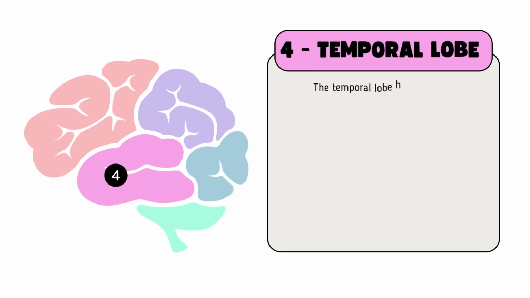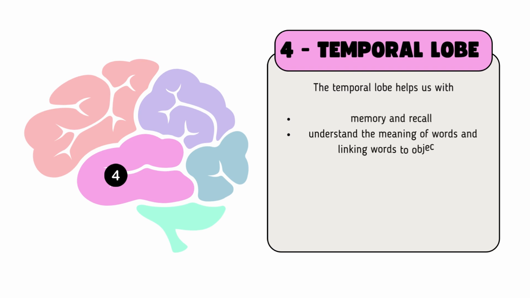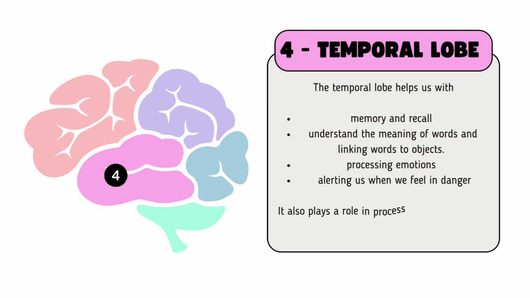Next, we have our temporal lobe, and our temporal lobe helps us with memory and recall, linking words with objects, processing emotions. It also plays a role in processing sensory signals like sight and sound. The temporal lobe is close to your ears, so you can remember that a function of this lobe is used